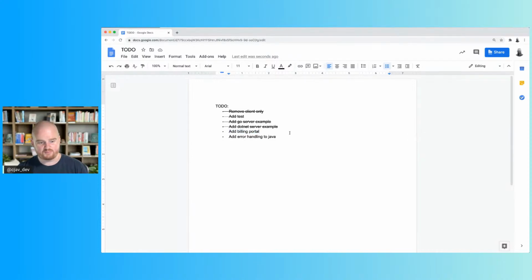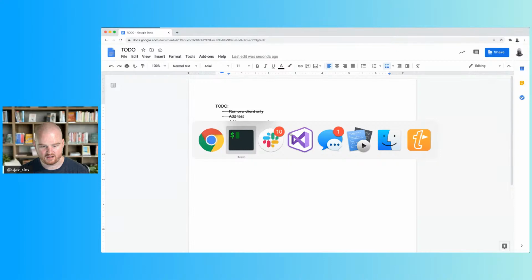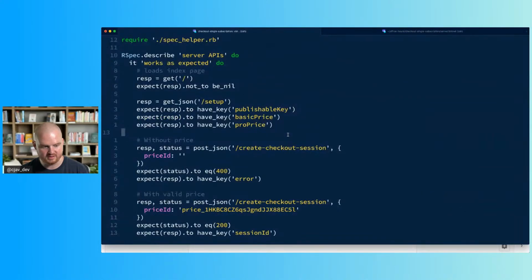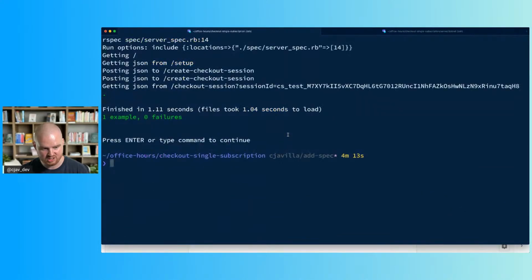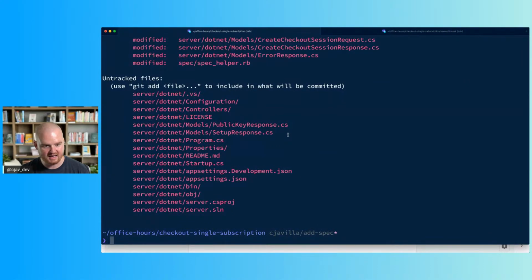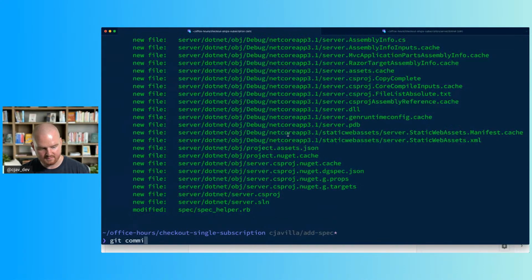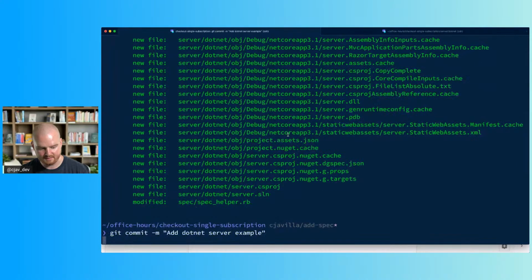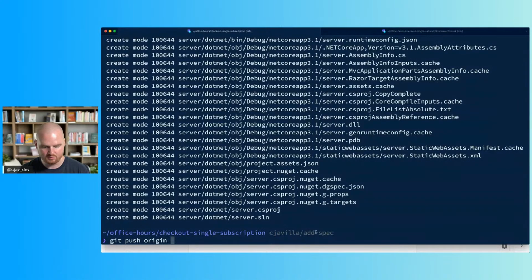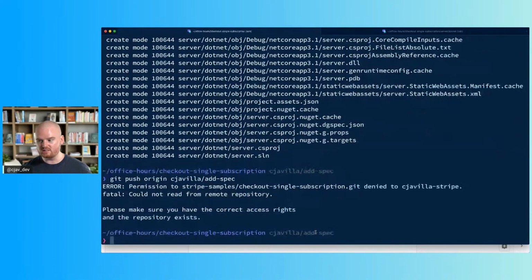All right, so adding the billing portal. This is where we're going to have some fun. This is where things get juicy and where stuff is going to change a little bit. So let's add all of this that we've created. Add .NET server example, and we'll push that up. Okay, so this is where things get a little bit spicy,